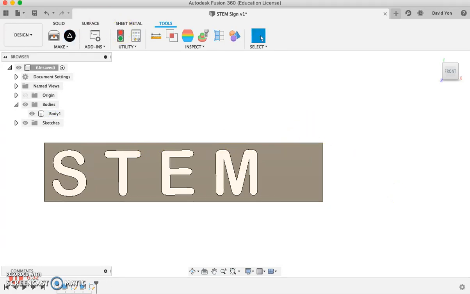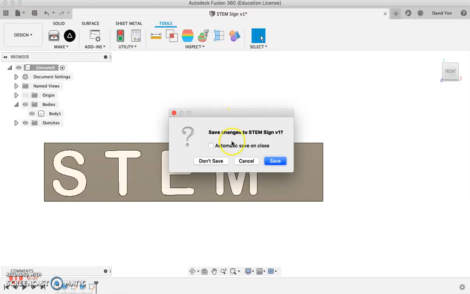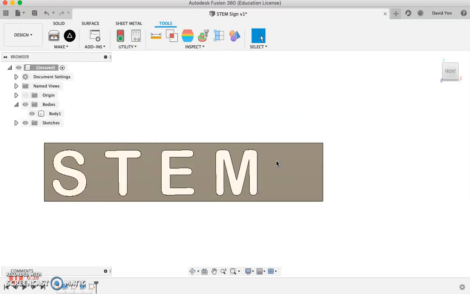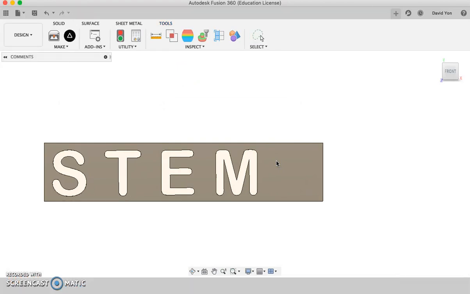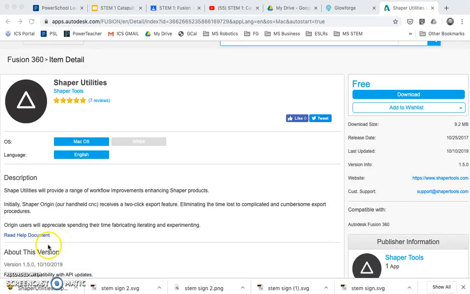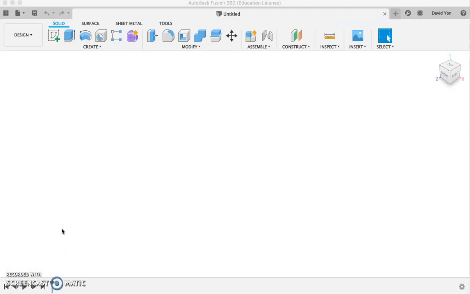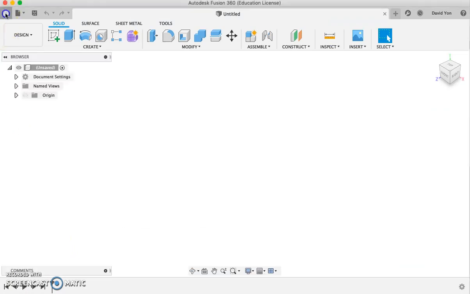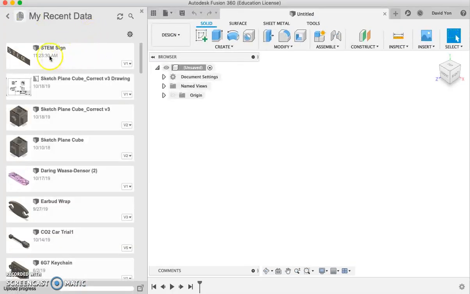I'm going to restart it so that it does actually quit Fusion, make sure that my design is saved, and reopen it. Okay, so I'm going to just pause the video again. Sorry, pausing it a lot. Pause one more time just so that it saves time. So I just restarted Fusion, and now I'm going to go find my file. Click on the data panel here, and there it is. Double click and open up my design, and